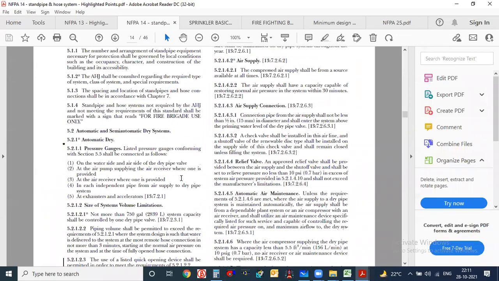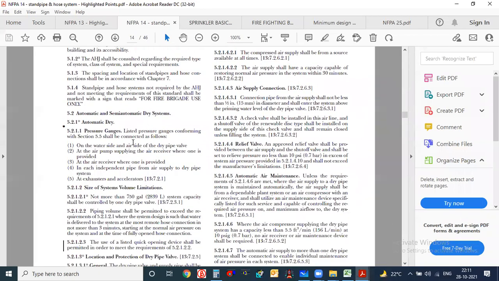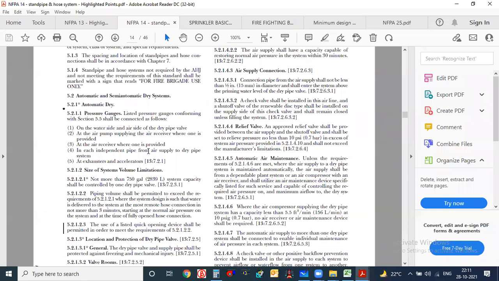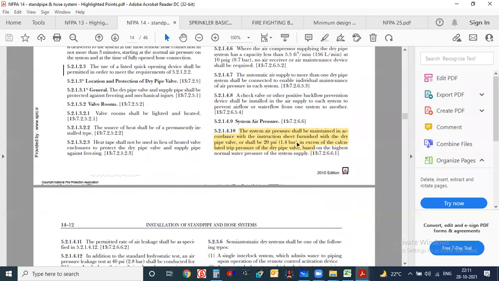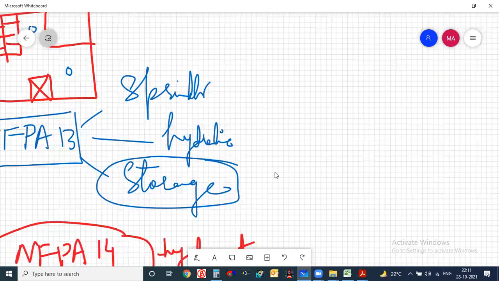And sometimes, okay. Now here it is talking about the system requirement. So these things are not required actually. Some clauses are given, so I have not highlighted. Again, system air pressure shall be maintained in accordance with the system, in the suction sheet furnished with the dry pipe valve, or shall be 20 psi. You remember, if you have seen this thing,